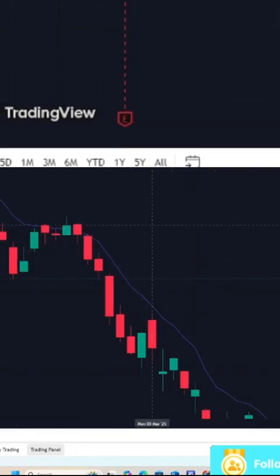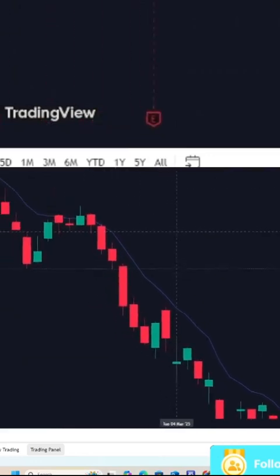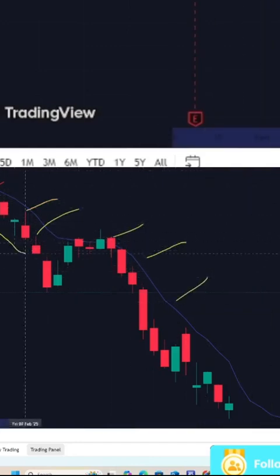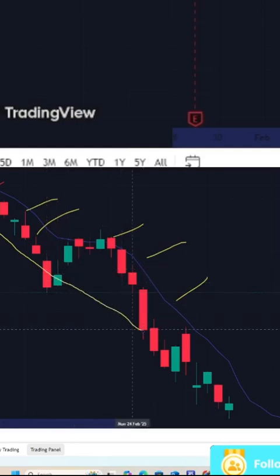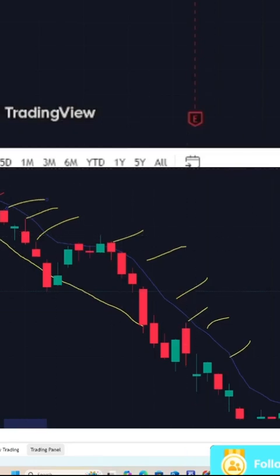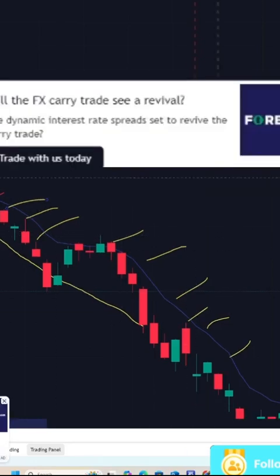So what you see there, the moving average now is above the price. See? It's above. That means the stock for this time was bearish. You see, price is below the moving average. The moving average now is above the price. So that was, for instance, if you bought back there,